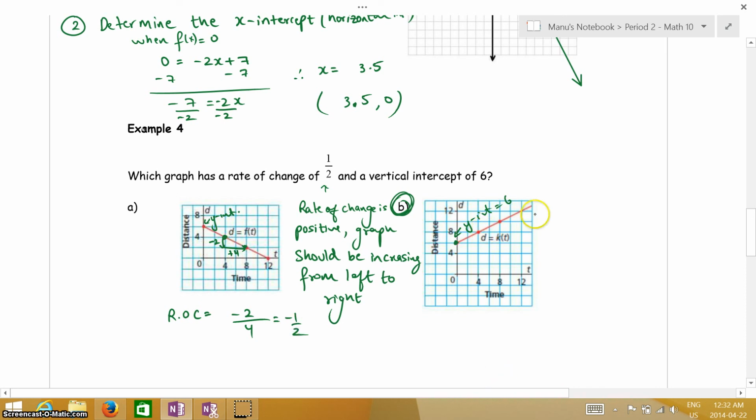Whereas on this one, if you pick 2 points, say I pick this point and this point, the vertical change is +2 and the horizontal change is +4. So here the rate of change will be +2 divided by +4, which is +1/2. So that's where the +1/2 comes from, because you needed that to be a +1/2. So we can also